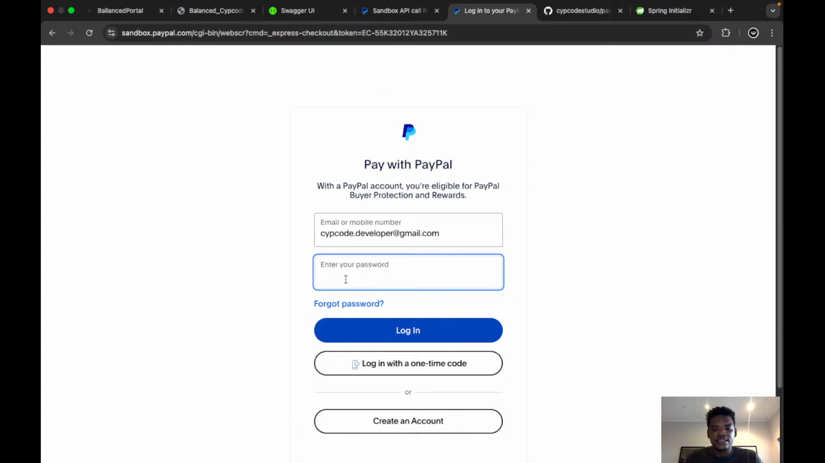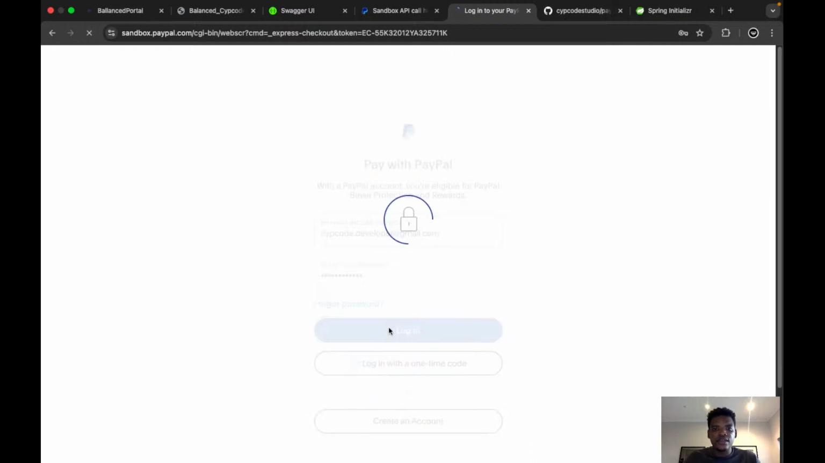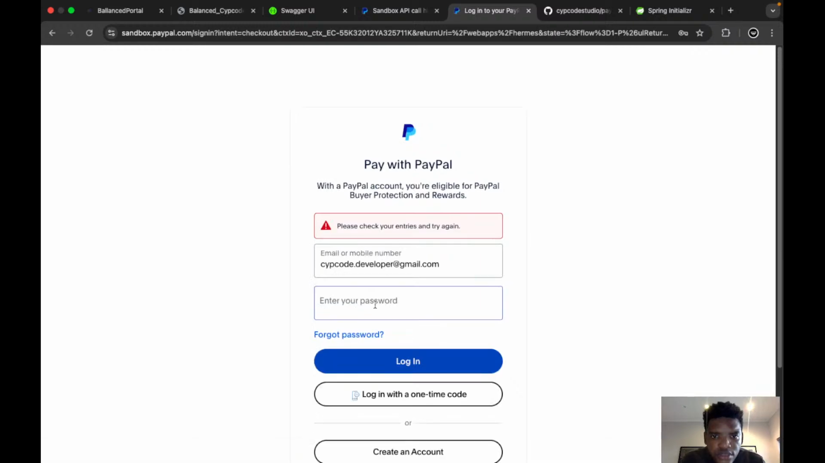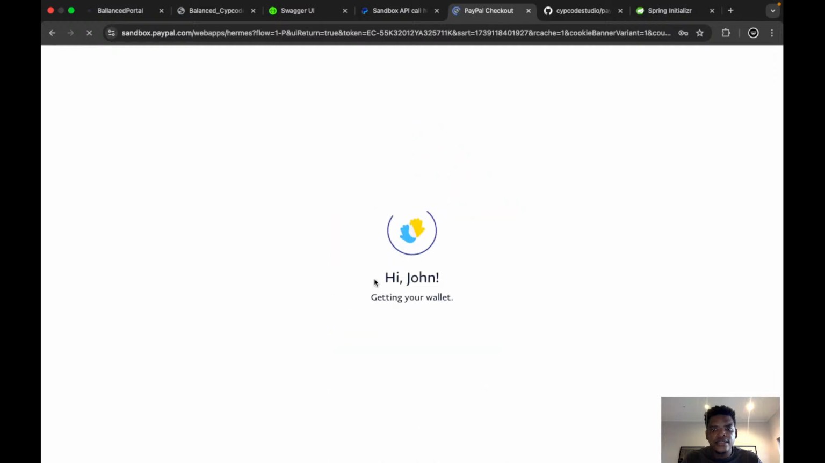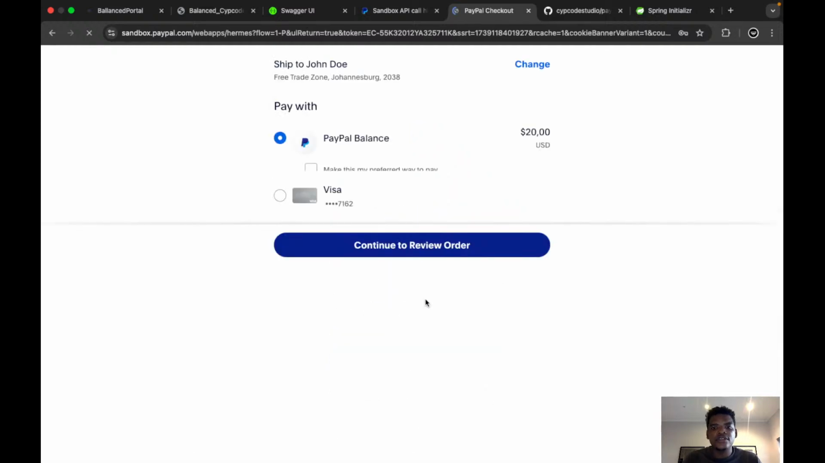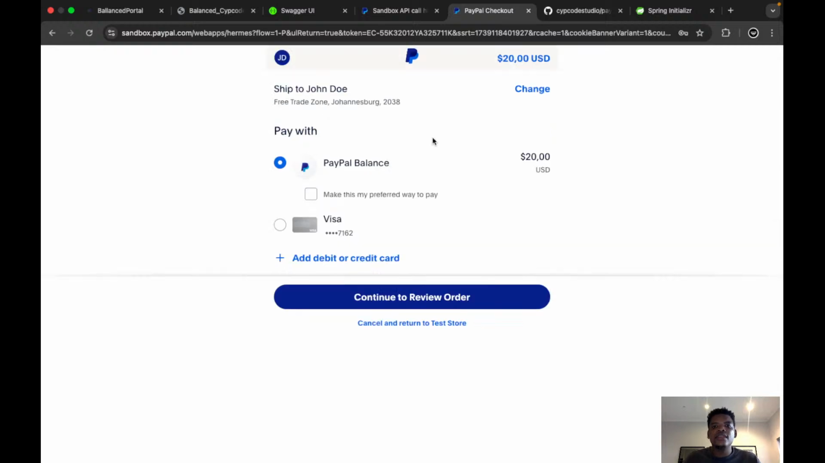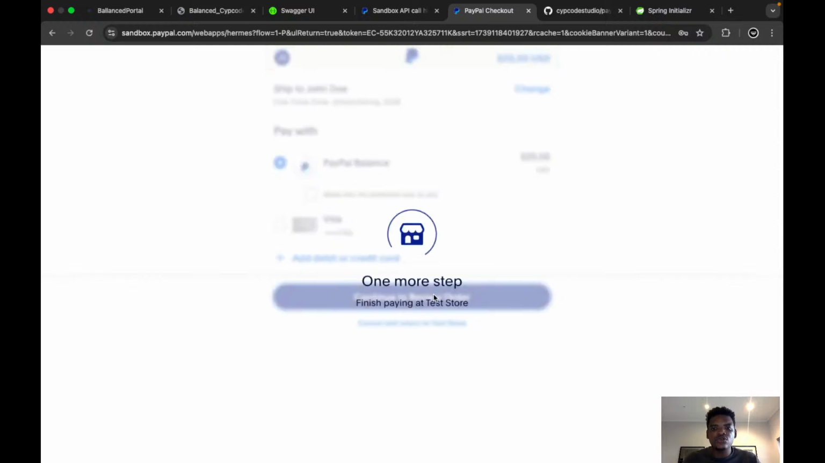So now let's just log in as a payer. Now we're going to log in with that demo account. That looks fine, and let's say PayPal. Go into that. Hi John, greetings, creating your wallet. And then now you can see our payment balance, shipped to John Doe, 20 USD. Then we can basically say continue to review order, finalizing paying at test store, and it will basically come back